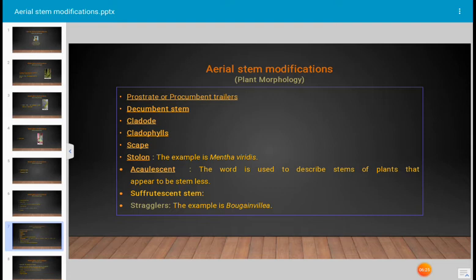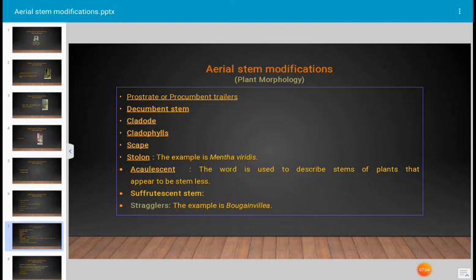Next, cladophyll. It is also a flat stem, leaf-like and green. Its function is photosynthesis, and normally the plants which do not have leaves or have generally reduced leaves have cladophylls. The cladode is a small sized phylloclade which consists of one or two nodes and internodes. The cladode is a stem modified to a flat leaf-like structure. Cladode arises from the axils of the bract-like leaf, and the example is asparagus.